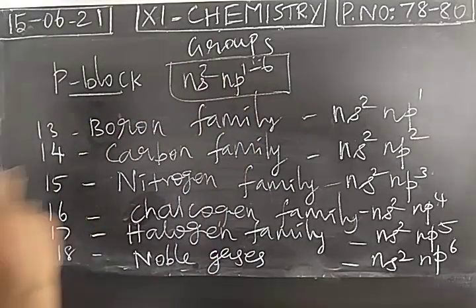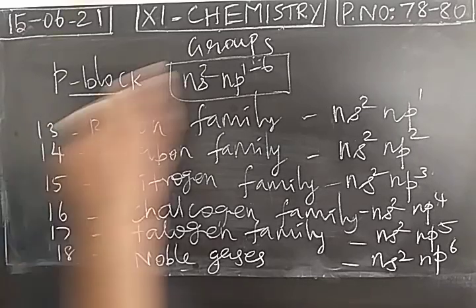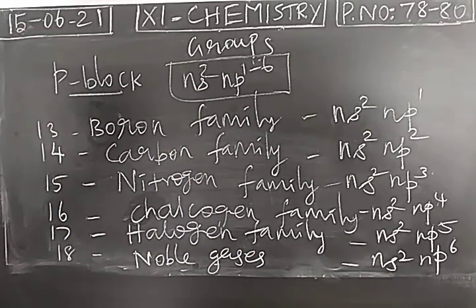13th group ns2 np1, 14th group ns2 np2. The maximum 6 electrons can be placed in the p orbital. So we have 6 groups of elements, 13 to 18. The outermost orbital is a p orbital, so these are collectively known as p block elements. And more names are given: main block element, main group element, representative element, normal elements. So many names are available. So 13 to 18 group of elements are collectively known as p block elements.